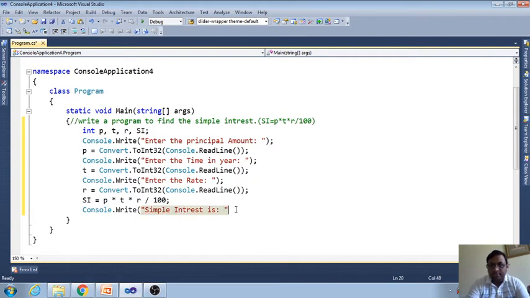The simple interest is SI, and this is the last one, Console.ReadLine.